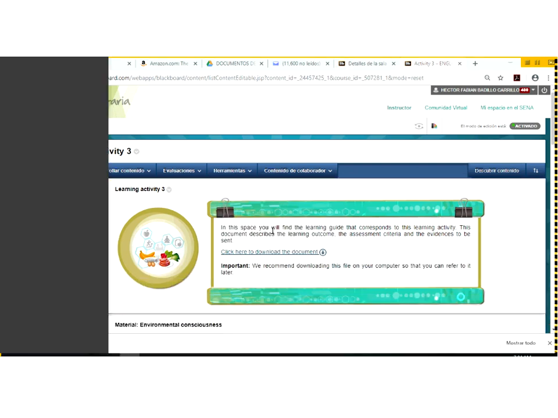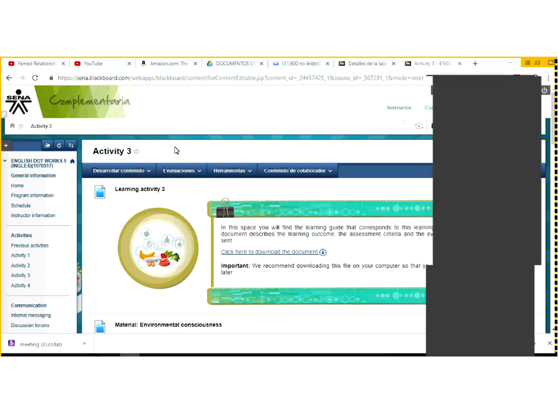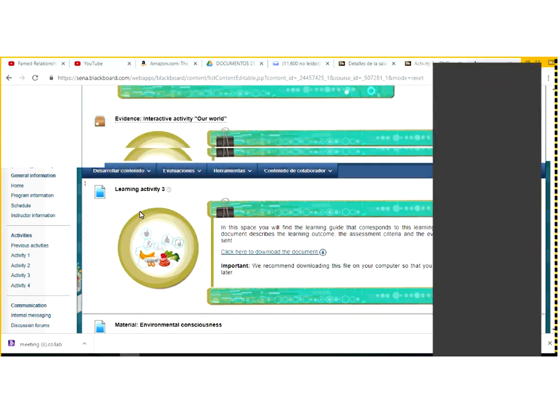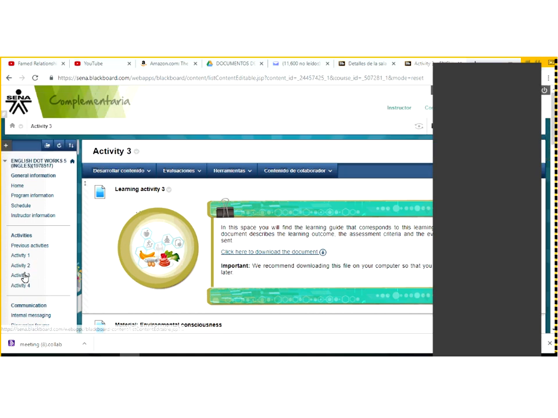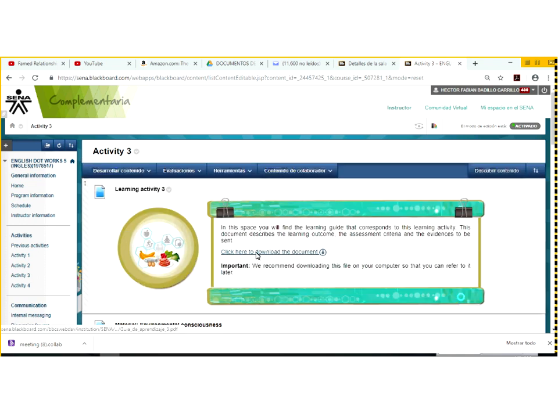Okay. All right, good. So this is the platform. We go to activity number 3, and we're going to have this document, learning activity number 3, and you click here to download the document. So basically, you click on this section here, and you click here to download the document. This is a PDF file where you have all the information related to